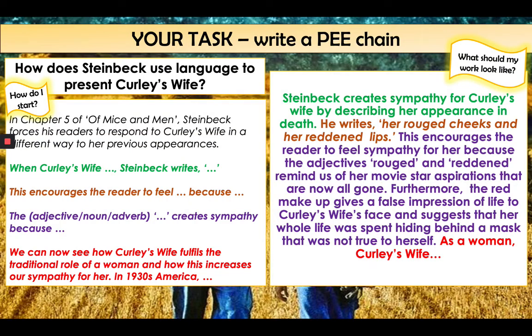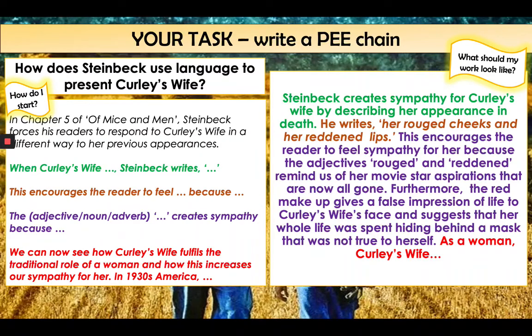Right, you've got your extract, which is all beautifully highlighted now with your ideas. And the last thing you're going to do today is just write a really short P chain. Now, you've done these loads. You've all done them loads in Year 7 and Year 8 and throughout Year 9. So this is getting you to take your ideas, what you've learned from annotating that extract, and putting it together in a cohesive short piece of writing.